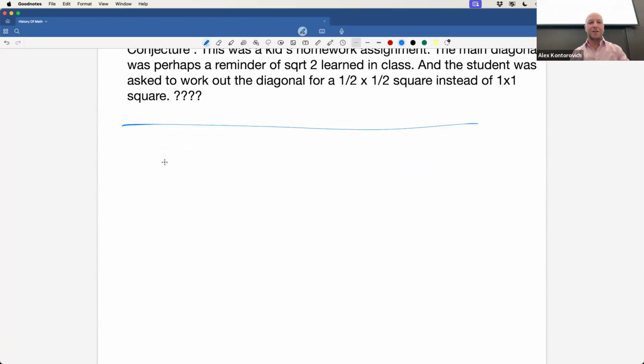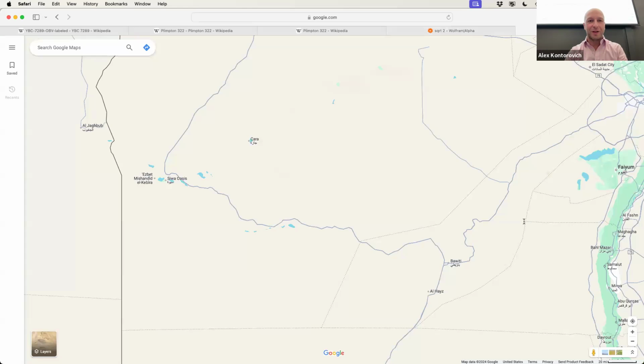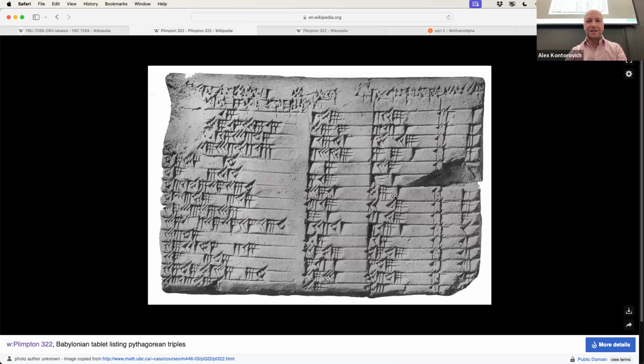Another fascinating one is called Plimpton 322. It's the Plimpton collection. This is housed at Columbia University. So again, if you want to take a trip up to New York City, you can look at these things and you can touch other ones like it, not the original, and you can hold replicas, and the people are very friendly. You can ask them about it. So here's Plimpton. That's a massive database.